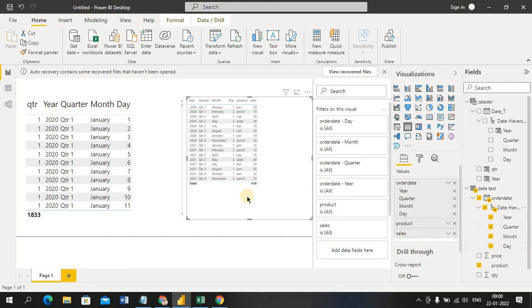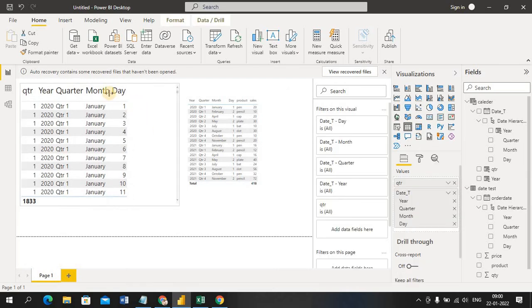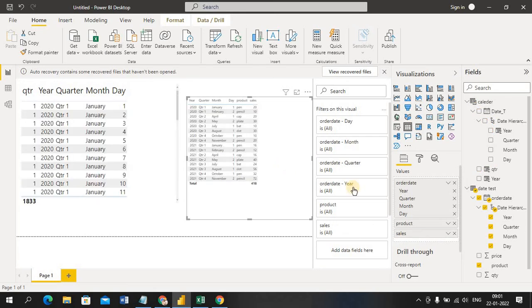Now what I'm going to do, if I apply any filter, guys, this belongs to this table. You can see the highlights, this belongs to this table.